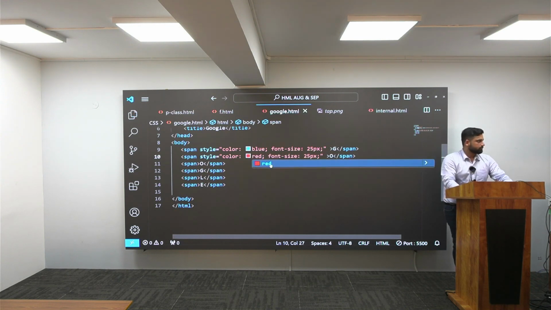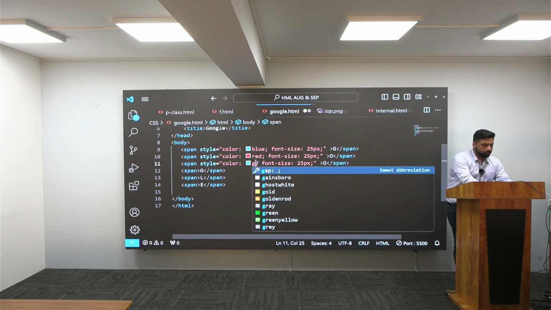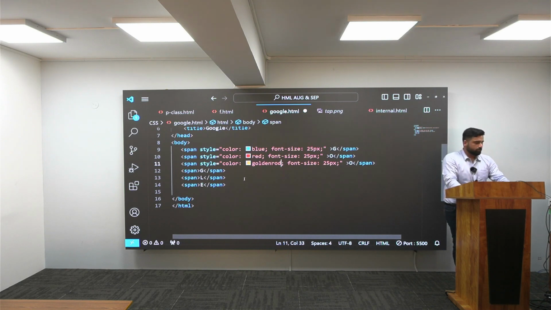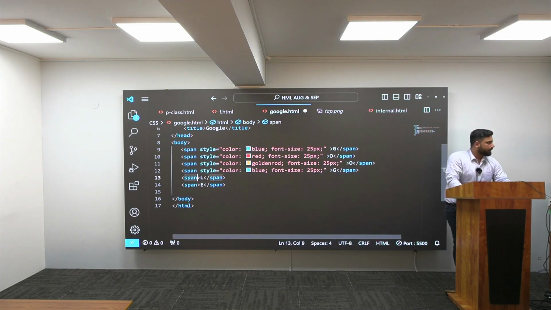Red. After red, what do we have? It is something like goldenrod. After this, what do we have? Which color do we have? Blue only, right? After this, we have green.